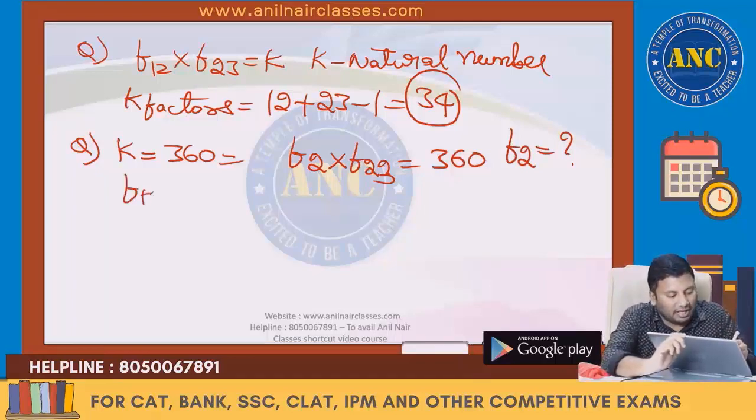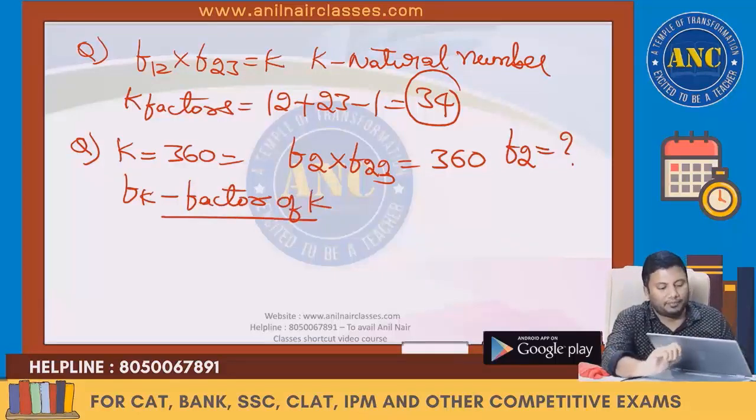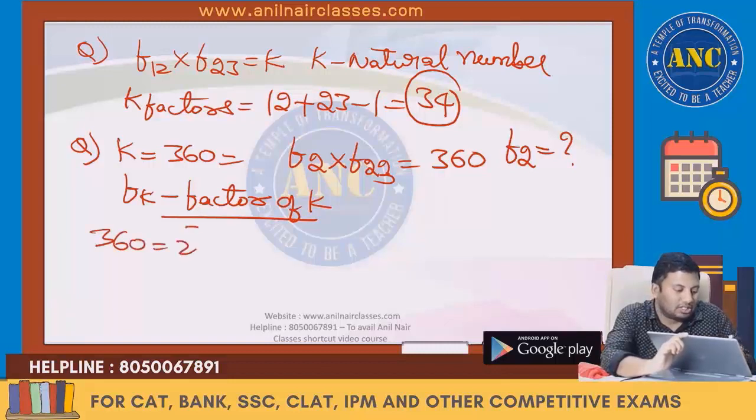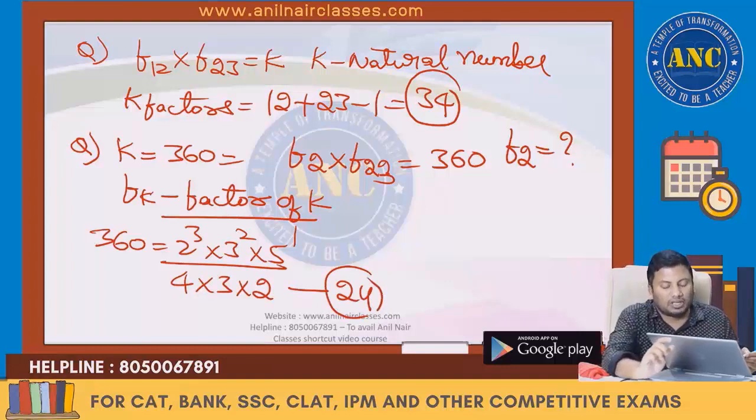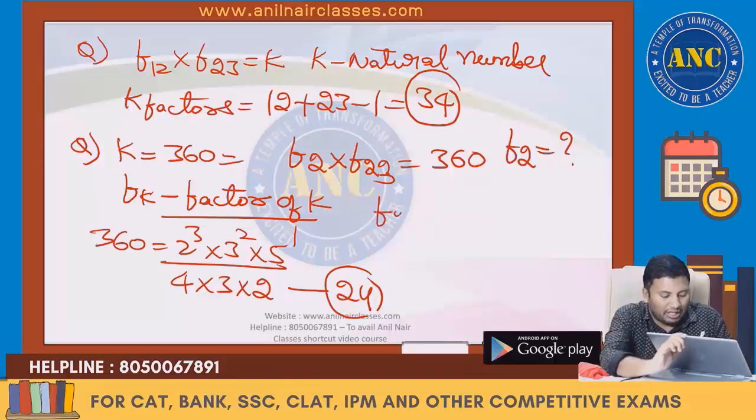What is Fk? Fk is nothing but the factor of K. So F2 into F23. 360 is 2 cube into 3 square into 5 power 1. Total 4 into 3 into 2. Total it will have 24 factors, which is 2 plus 3 minus 1. So F23,